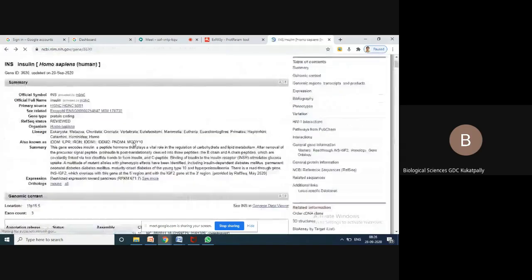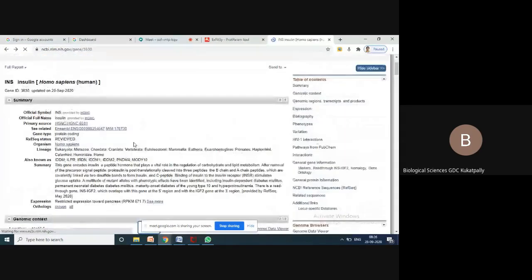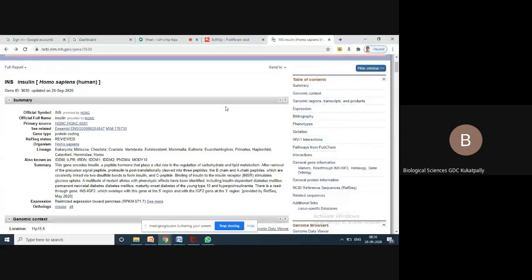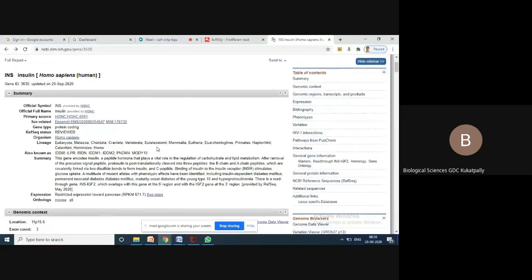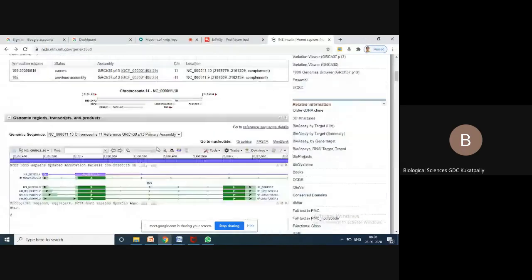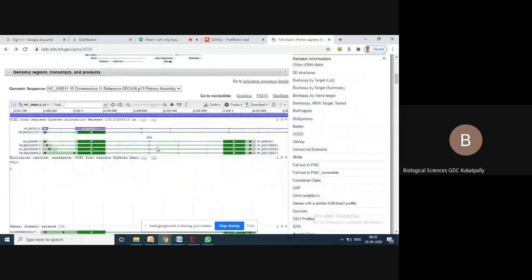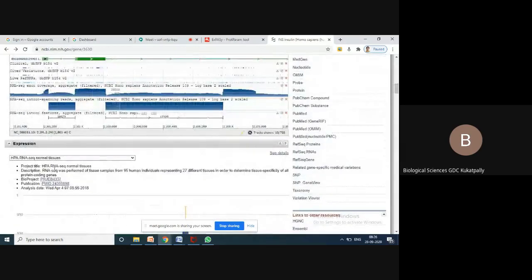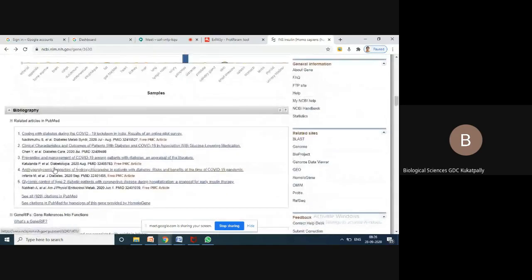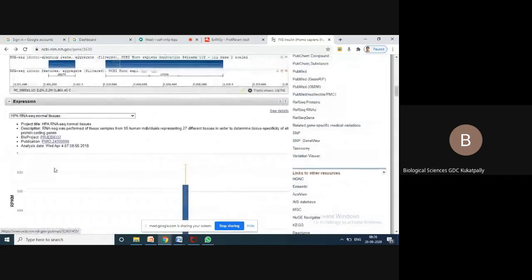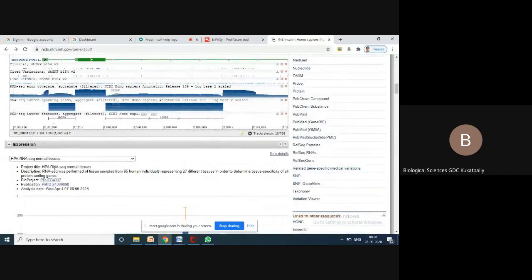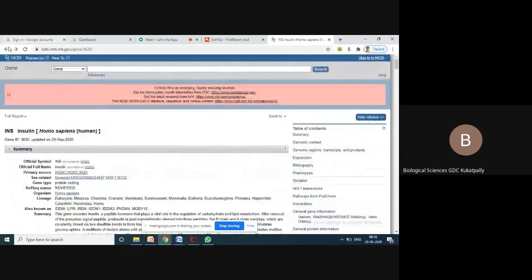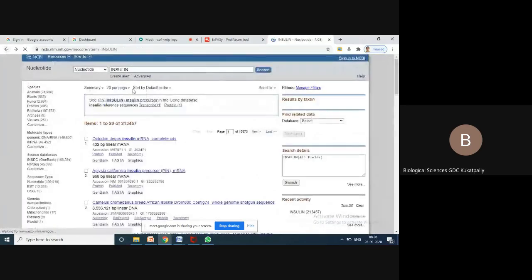So the same way, you want your protein related information also, right? From this page only you will easily be able to navigate into the protein sequence. I will just show you. This is all genomic transcripts and products information. NP refers to protein. It is like how in Google you will search, the same way here. From this page only you will be able to go.